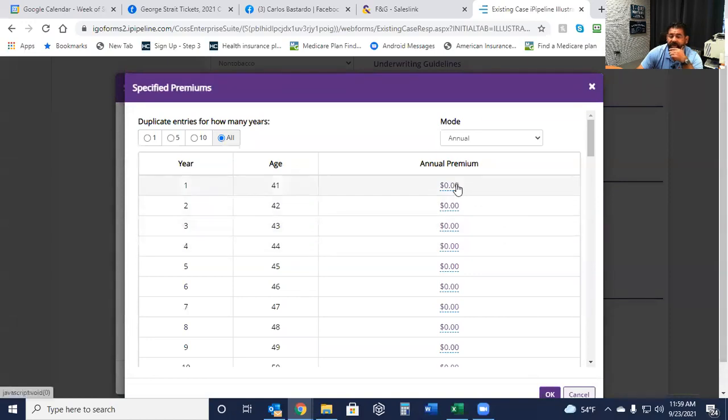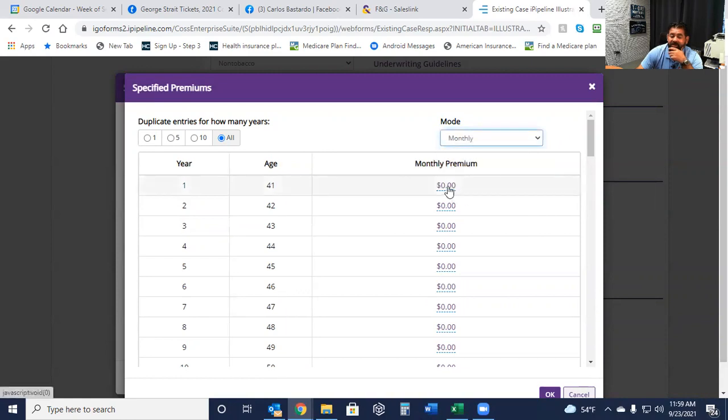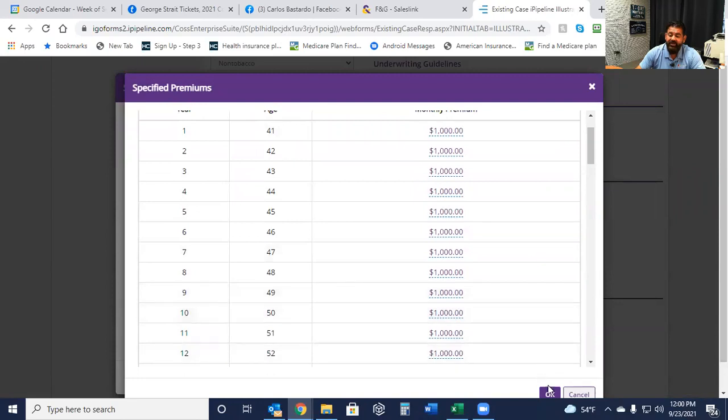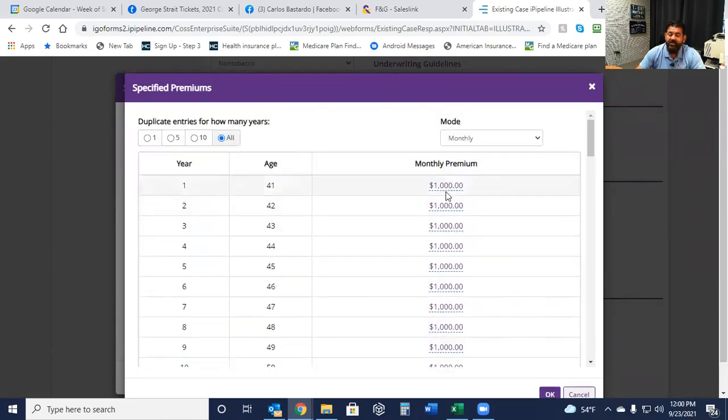And we're going to go ahead and put in our annual or monthly. So let's go ahead and say monthly. Now, let's say the gentleman wants to put aside $1,000 a month. So I have an extra $1,000 a month that I can put aside into something that's going to sit there and grow. I never have to worry about losing it. And then eventually I can start taking out this money tax-free. Okay. Now, this might scare somebody and they may say, well, I'm putting this money away and do I have access to it? Yes, you absolutely do. And I'm going to show you that in the illustration here shortly. So for right now, we're going to set this up at $1,000 a month, which will translate to $12,000 a